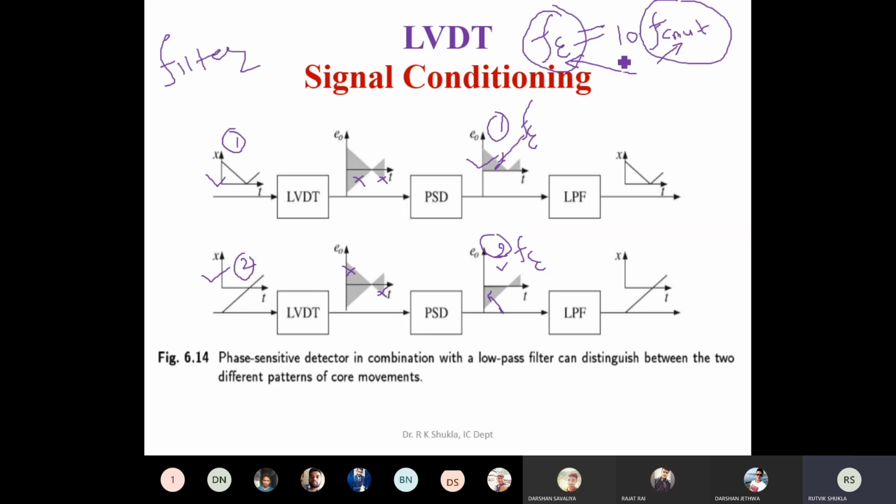What we are interested in is we need a filter which can allow a low frequency to pass. This frequency is low, with respect to this, which is a high frequency. We want that low frequency should pass and high frequency should be stopped by the circuit. So it means we have to find a circuit which passes the low frequency while rejecting or stopping the high frequency. So the only circuit which can do this particular task is a low pass filter. Clear? So once you pass these two outputs through the low pass filter, see what you are getting.